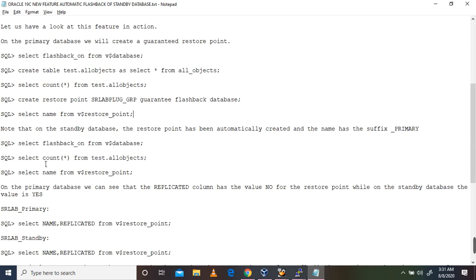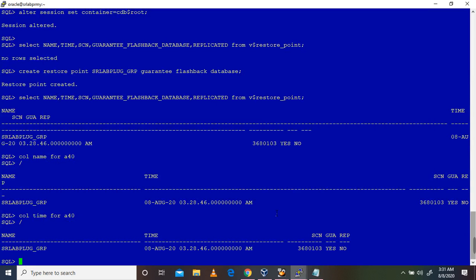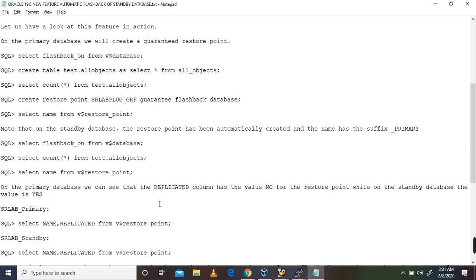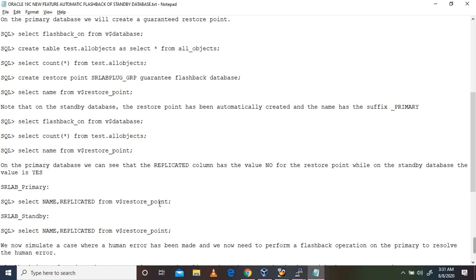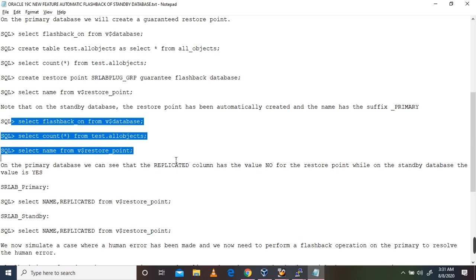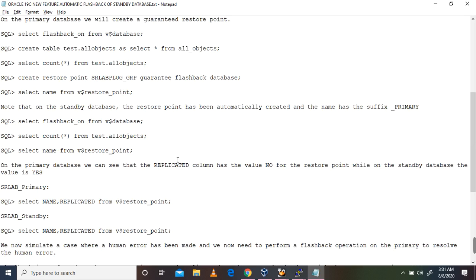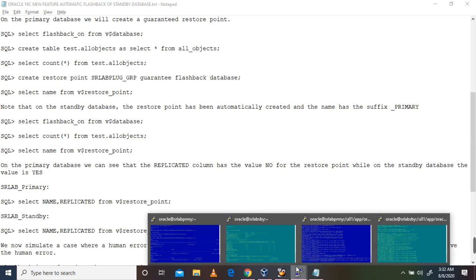So we have verified all this on the primary side, and we also need to verify the standby side as well, but it's in mount stage only, right?